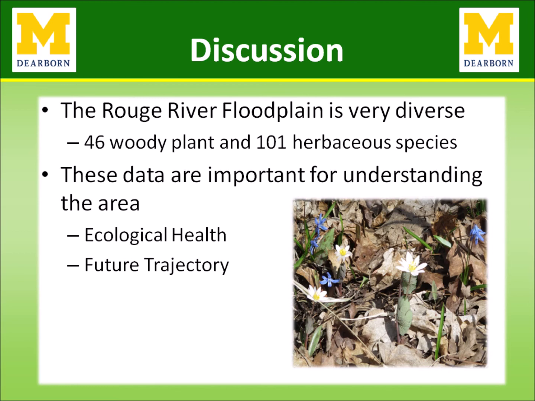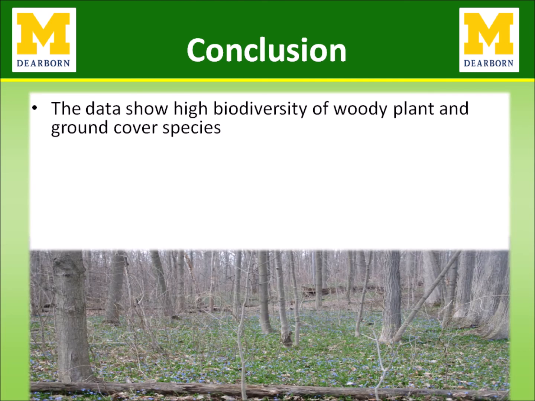For instance, the smaller black maples will over time become more dominant, and the larger, more dominant trees may decrease in their dominance as there are fewer to replace them. These results also help us make more educated management decisions on how we want to continue to manage the ecological health of the area. So in conclusion, the data shows that the floodplain is a highly biodiverse area with a